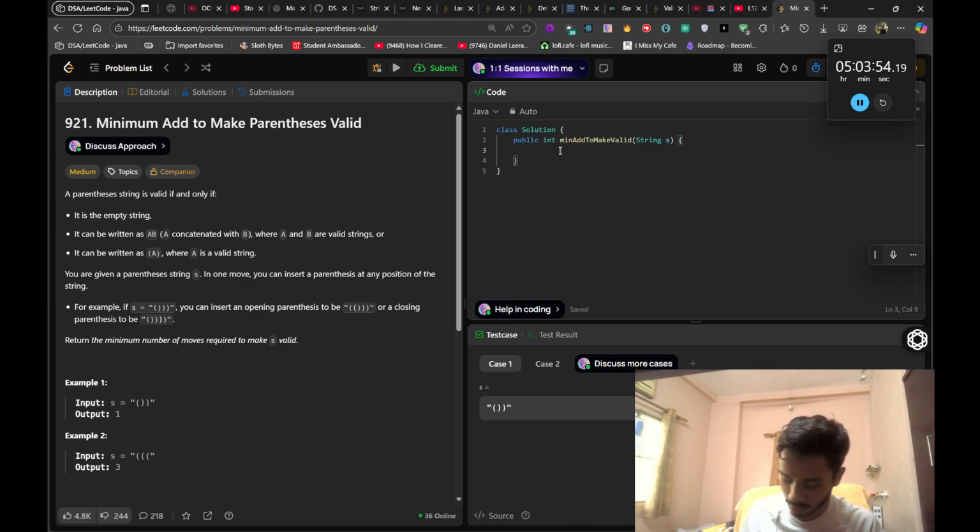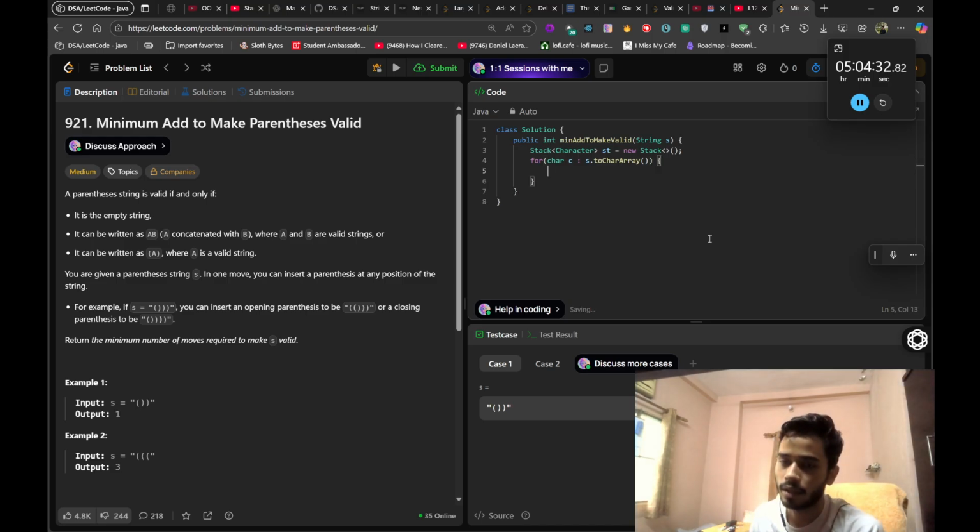So first of all, let's create a stack of character type, that is st equals new stack, right? Then we can have a for loop. I'll have an enhanced for loop because I don't care about the index. I'll say from s dot to char array, and then what I'll do is I'll say alright,